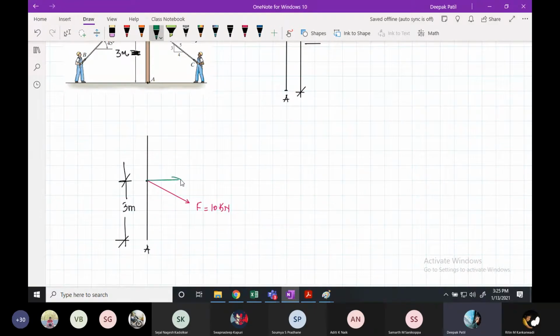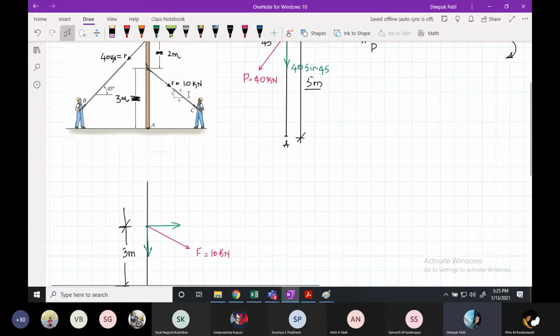So the x component will be like this, that is a horizontal component, and the vertical component will be like this. But you can see the angle is not given. Instead, they have given the slope. So let me find out the angle first. This is the rope line, this is the slope given, 3, 4, and 5. I want to find this angle. Let me call that theta. If you find that angle, it is equal to this angle, theta.